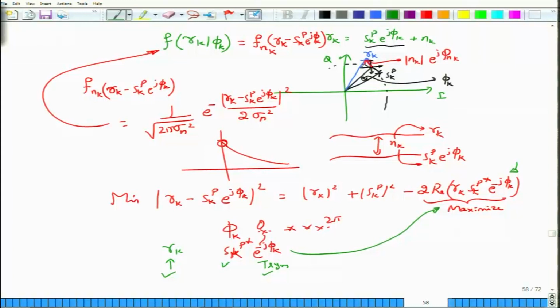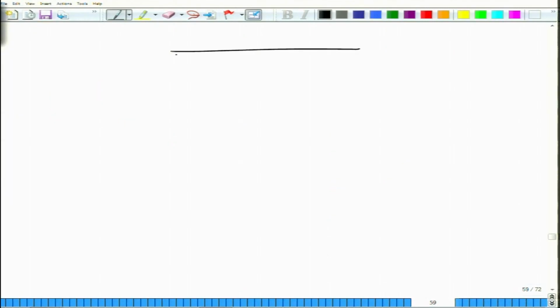Okay. So, this seems to be the method for a single symbol case, but in case you receive, let us say, p training symbols, s_0^p to s_{p−1}^p, these are the symbol sequence, and assuming that the phase is constant, you also have a corresponding r_0 to r_{p−1}. Then what you can do is take r_{k−i} s_{k−i}^p conjugate, and over this range the phase is constant, that is, you are looking for the average phase φ_k.